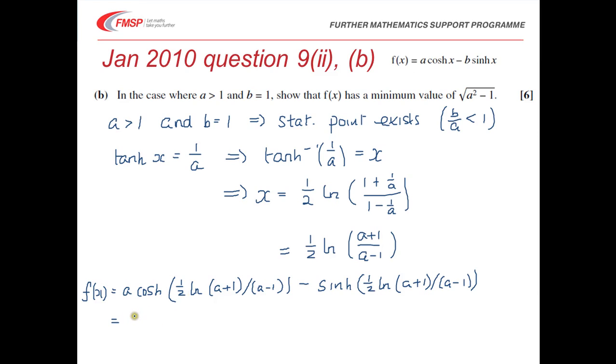So it's a half of e to the x plus e to the minus x, so I'll take that half out, so it'll be a over 2. And now what we're going to have is e to the power of all of this, so it's going to be a half log of a plus 1 divided by a minus 1 plus e to the minus of all of that,